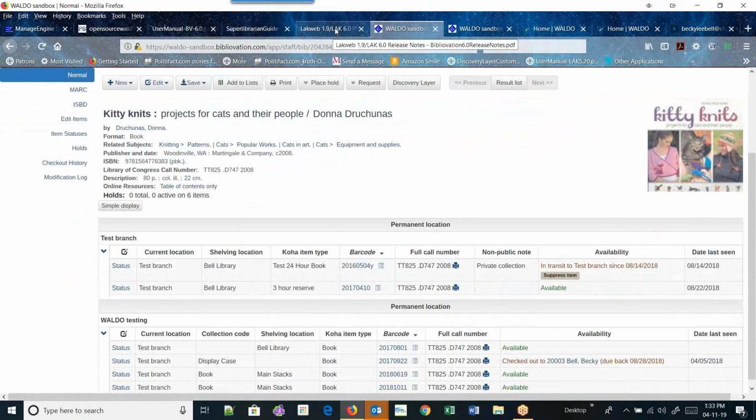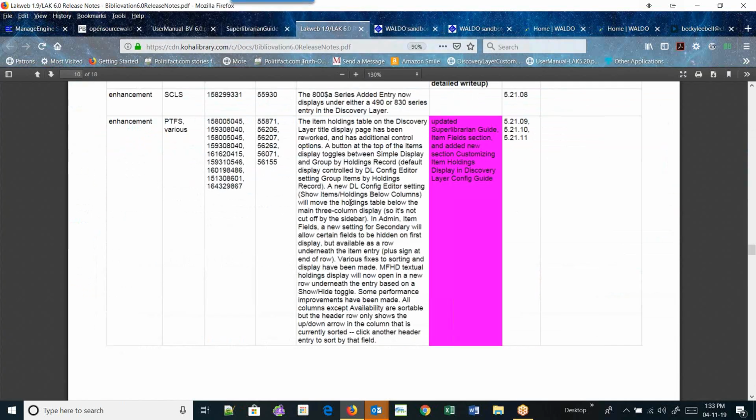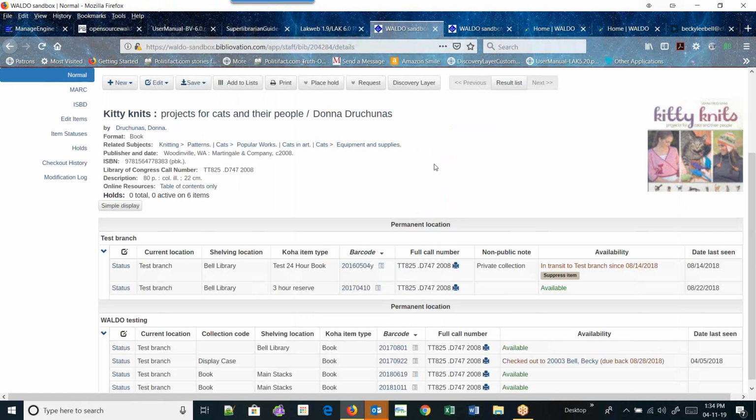So I'm going to flip back to the release notes here. Item holdings table on the discovery layer title page has been reworked, and it's been reworked in both the public catalog and in the staff catalog, or in the staff view. So when I show you what is here, it's going to look very similar, although not identical, to the discovery layer. The piece that I want to point out is that the holdings information down here is below the actual